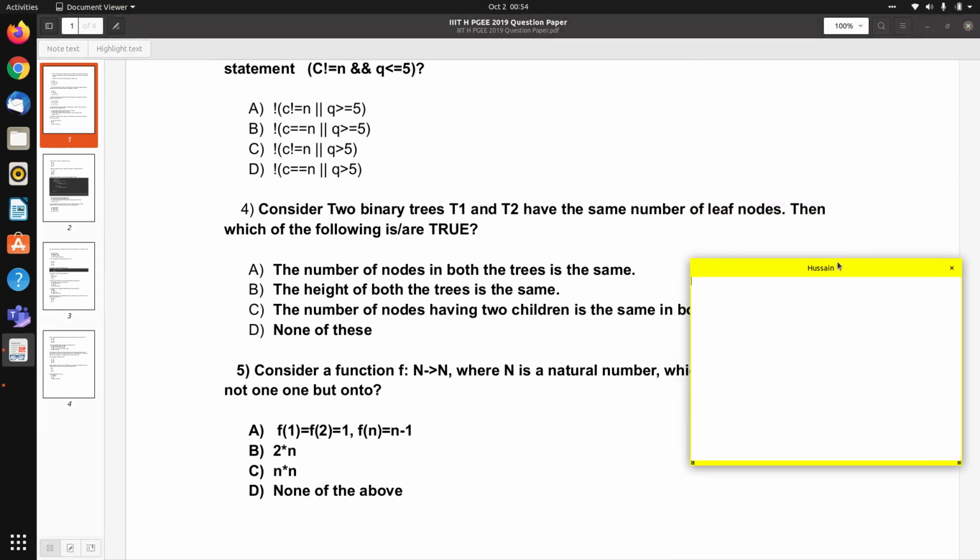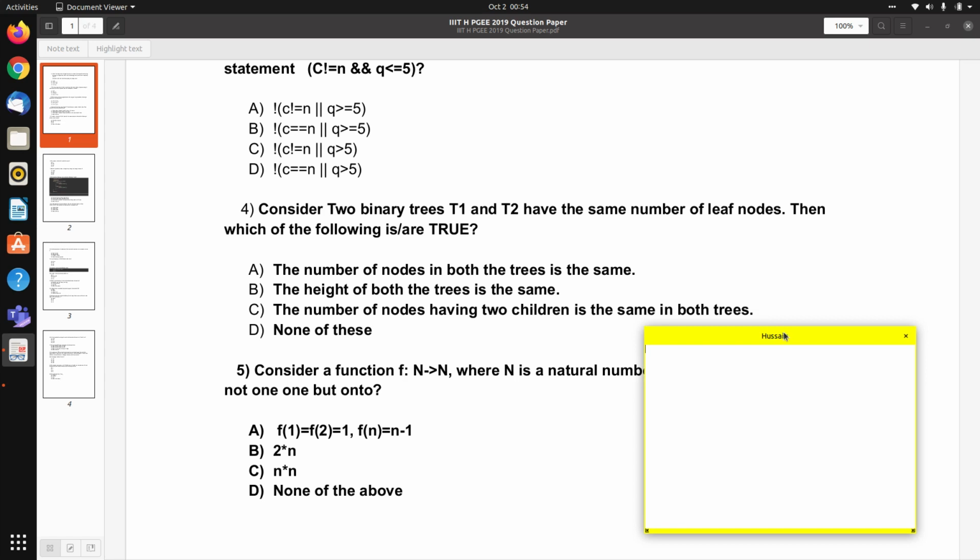So consider two binary trees, T1 and T2, having the same number of leaf nodes. Then which of the following is true? So we need to find the true statement. Okay, let's try this. We are given that the number of leaf nodes are the same. So let's try to construct some trees which have the same number of leaf nodes.